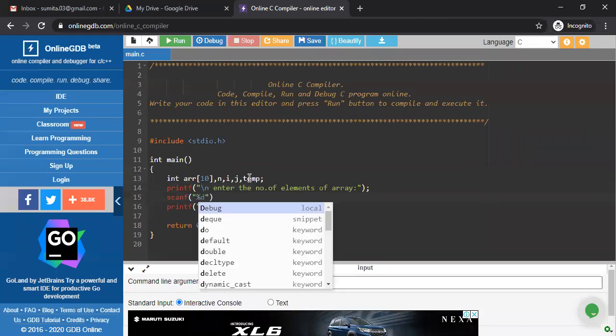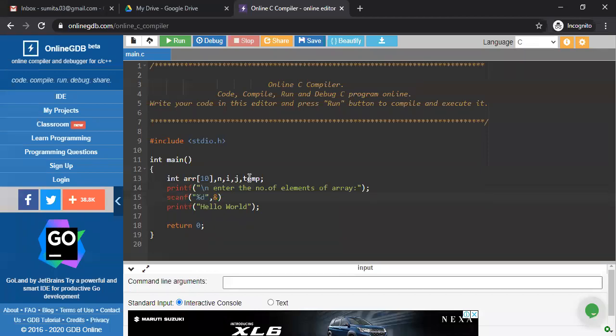So %d, comma, ampersand n. So the n value is already inputted by the user. Next, we have to execute.